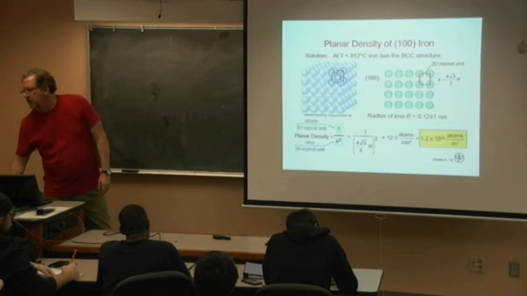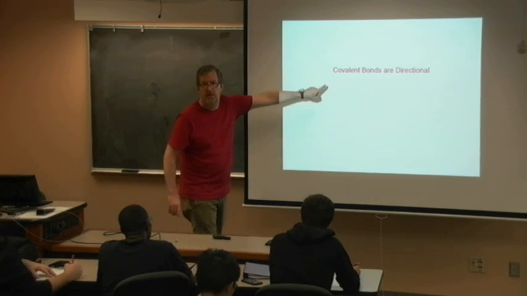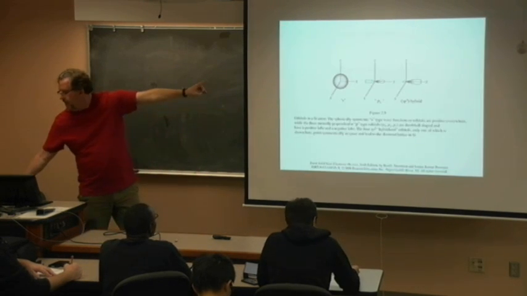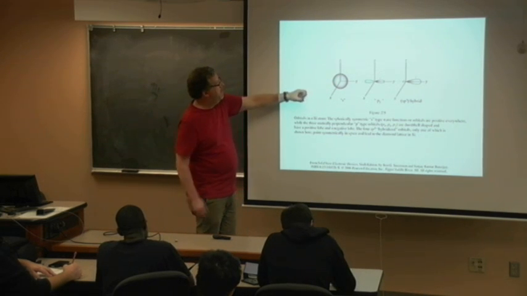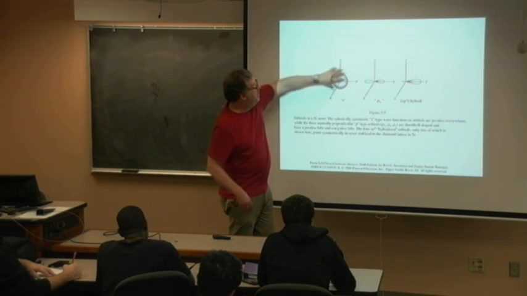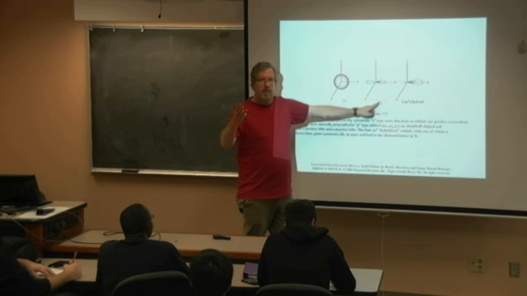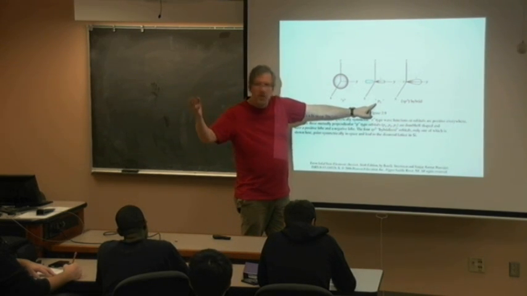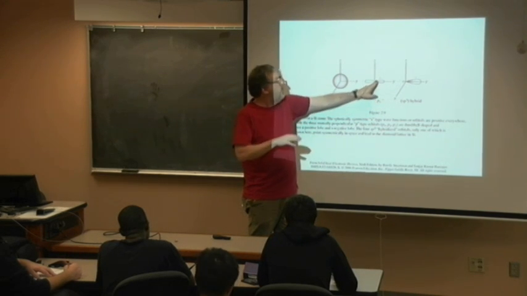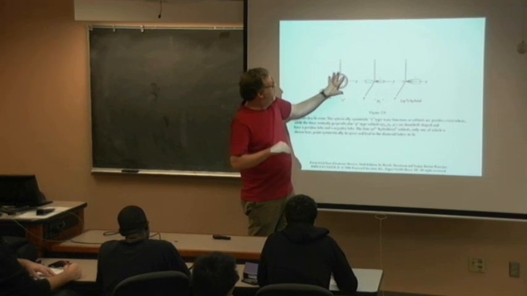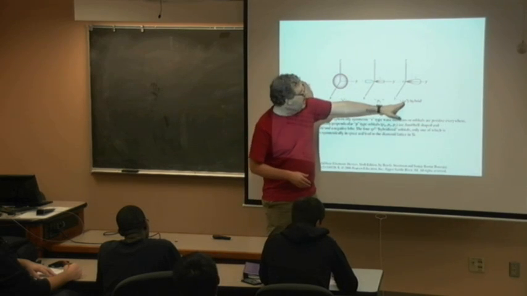Really want to do is remind you that they are directional. This is important. Covalent bonds are directional. So we get that sp3 hybridization for most of these semiconductors, where the s orbital, which has a spherical flavor, and the p's have this dumbbell shape. But this is py. Remember, how many electrons do we put in the p orbitals? 6, right? So we have 2 in the x, 2 in the y, 2 in the z. So we got 3 of these dumbbells, right? And so then those 3 dumbbells get together with the 1s, and they merge and they become sp3 hybridized,